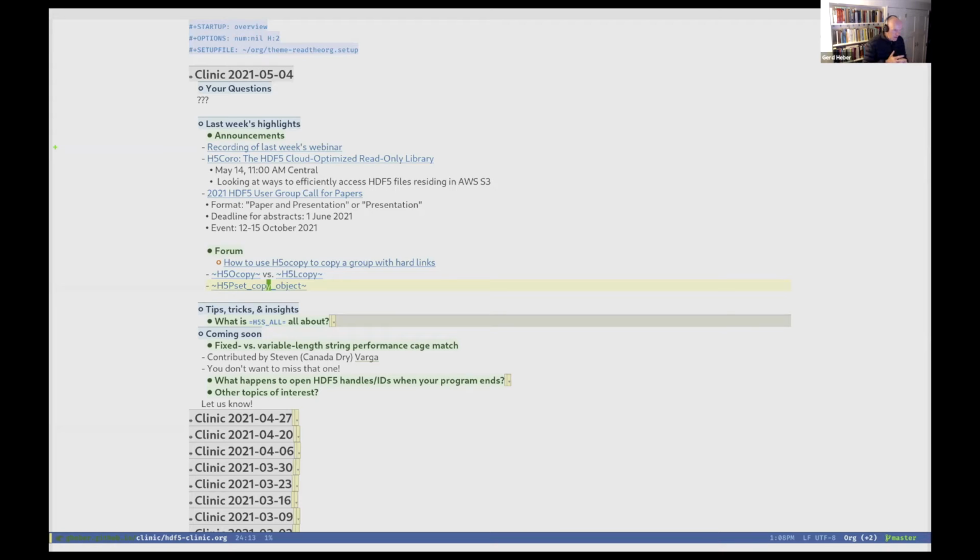And just to be 100% clear, I asked that user to send us the output from h5dump, because at least h5dump will not try to render this link structure as a tree view. If there is a hard link, for example, to an object about which it has printed information already, it will just say, this is a hard link, and it points to this other object and so forth.